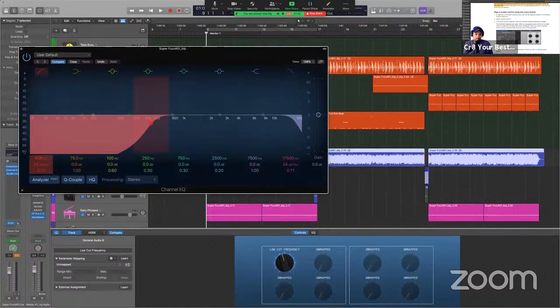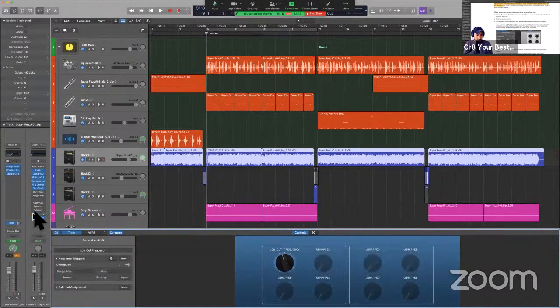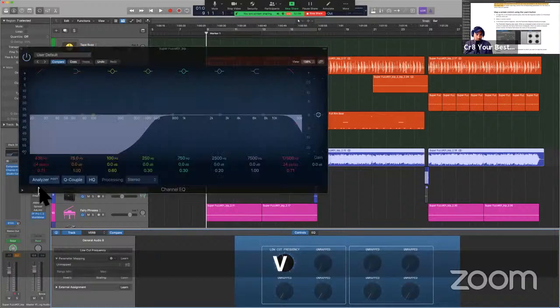Let me see if I can. Okay, let me bypass some plugins. My computer's going nuts over here. Bypass these two. Okay,